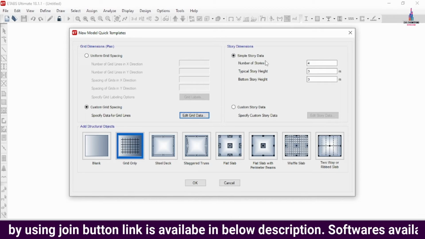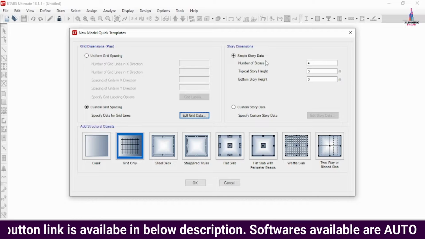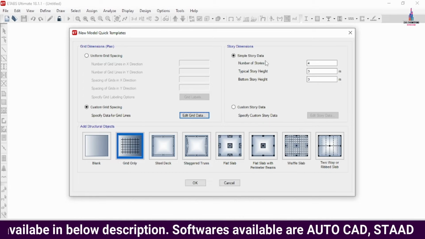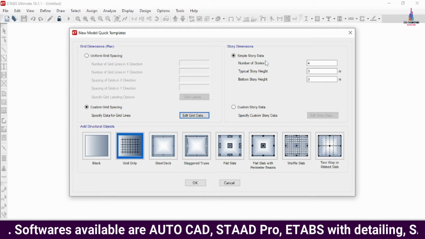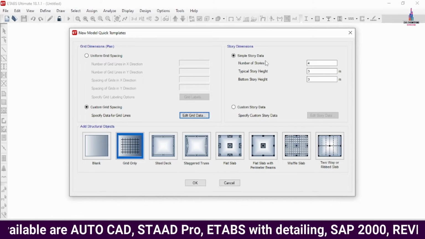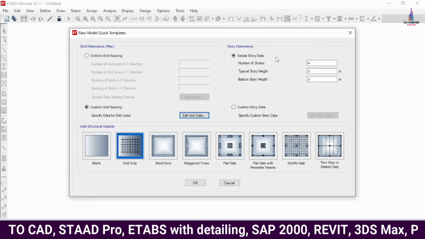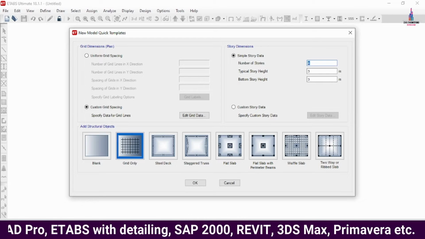Now we have to enter the number of the stories that is required for the project. So in this case, we are considering G+5 building structural model. Ground story will be consisting of the parking section, and remaining 5 stories will be consisting of the flats. Okay, so here I am selecting number of stories will be of 6 number.